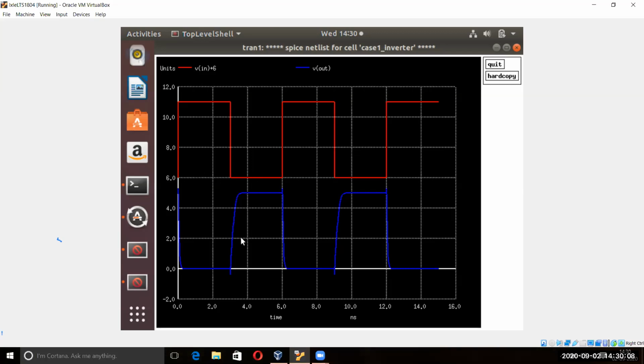Yes, it needs more sizing. The PMOS sizing is exactly equal to that NMOS sizing, but the mobility of PMOS is around 3 times less than that of NMOS. So the resistance of that PMOS is 3 times more than that NMOS. Though the resistance is higher, the RC time constant, 0.69 RC, will be more. Yes or no? Yes, sir.